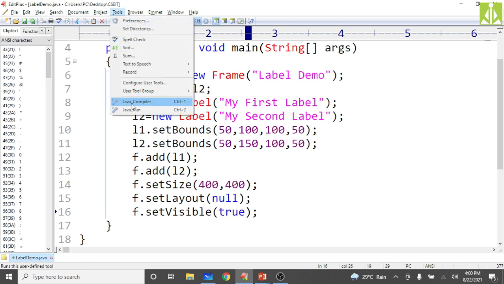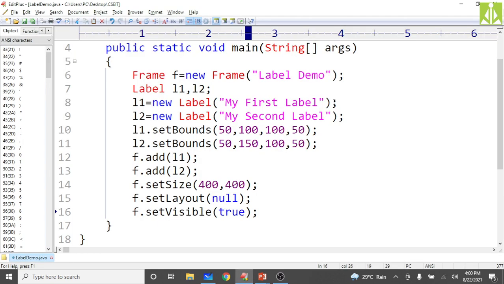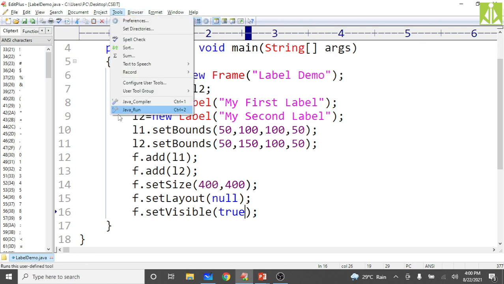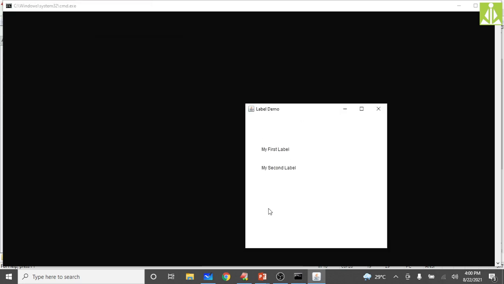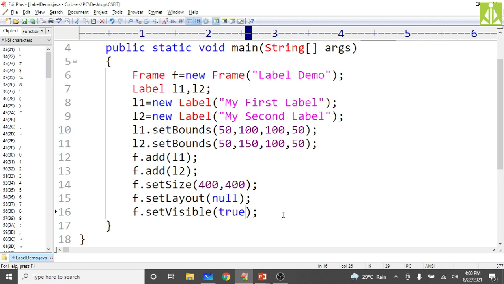The purpose of having that function is very crucial, because many times, without making a component visible, you can pass a lot of messages from one frame to another frame. It is a very deep concept. So now you can see that frame over here. Simply close it. In this way we can create a label.